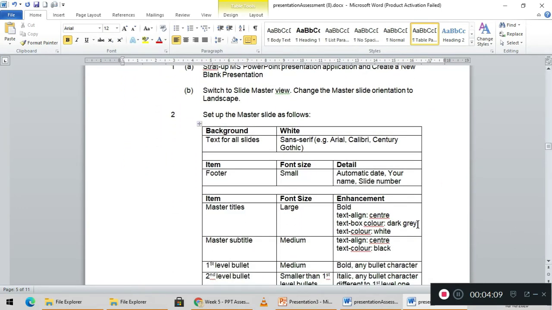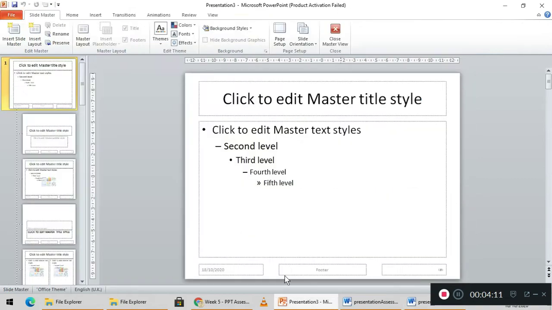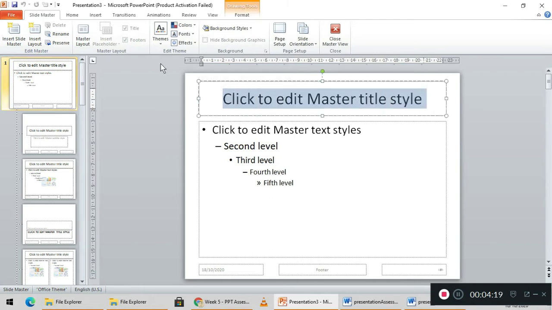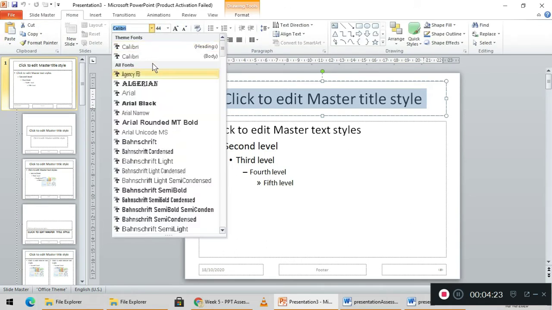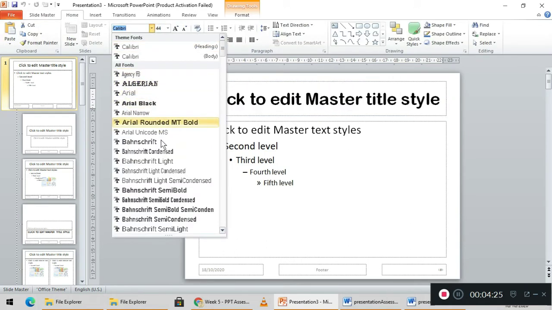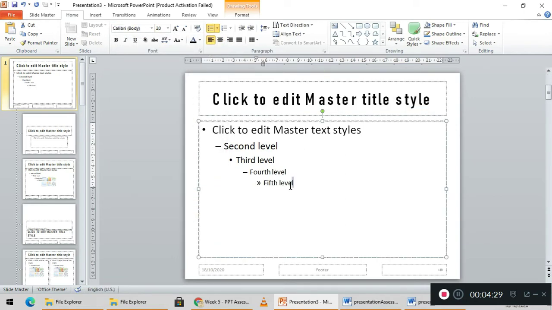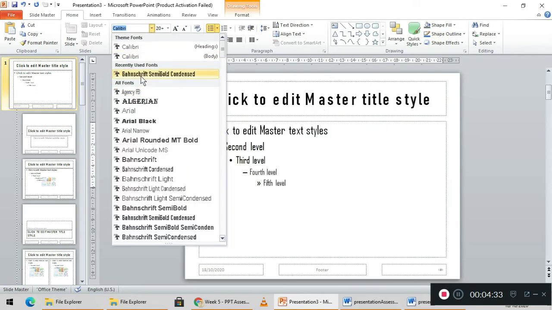Background text for all slides is sans serif. Change the font style of all the text to whatever font style you prefer. Just highlight it, and under the Home tab you change the font style to any other font style you prefer, students. And even this also, I'm just clicking on the one here. Okay,